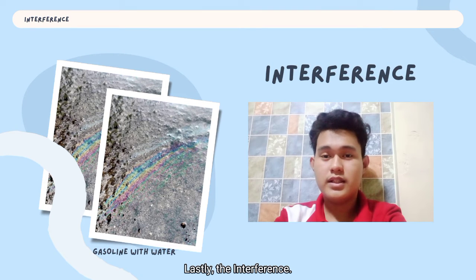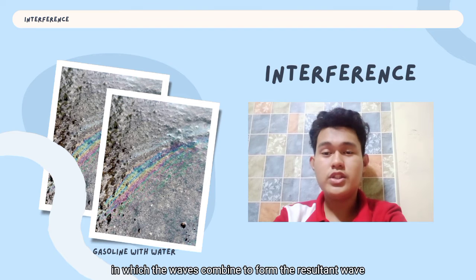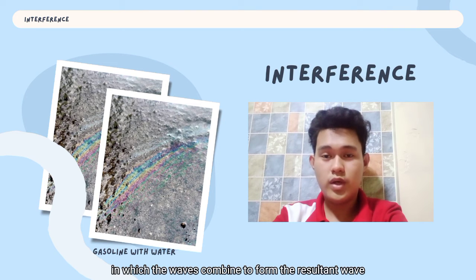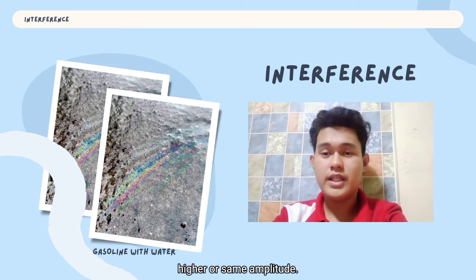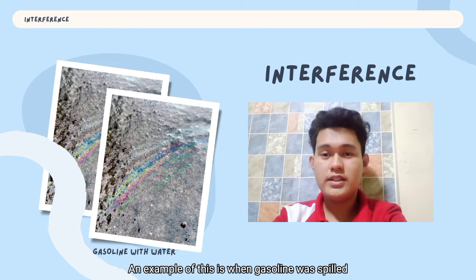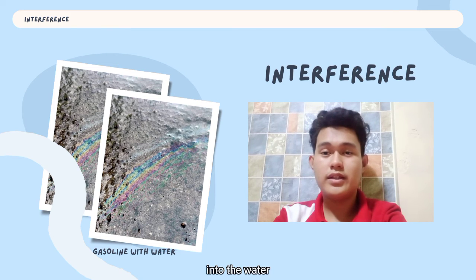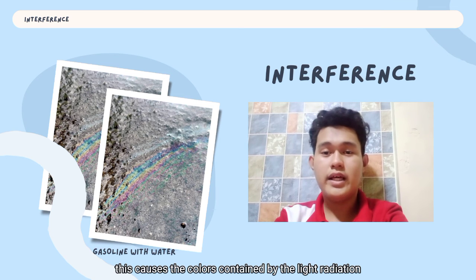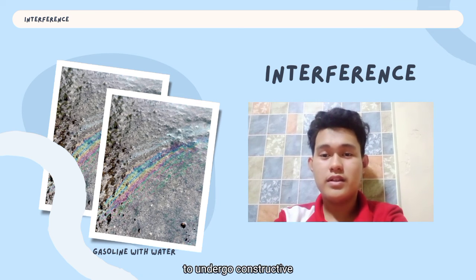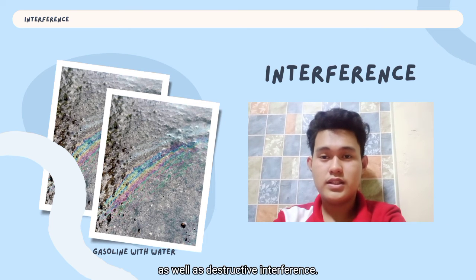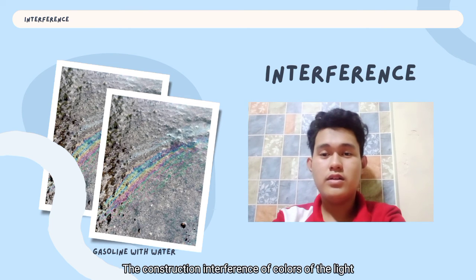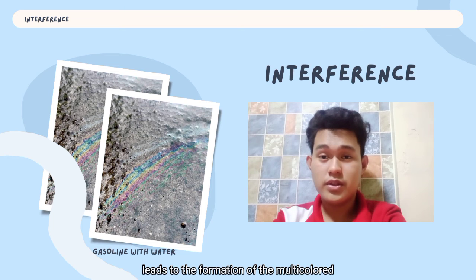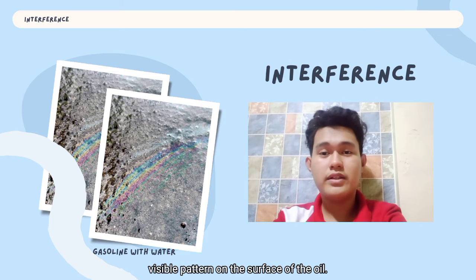Lastly, the interference. Interference is the phenomenon in which two waves combine to form the resultant wave of lower, higher, or same amplitude. An example of this is when gasoline was spilled into the water. As the ray of light hits the surface of the oil, it gets reflected by the top and the bottom surface of the layer. This causes the colors contained by the light radiation to undergo constructive as well as destructive interference. The constructive interference of colors of the light leads to the formation of the multicolored visible pattern on the